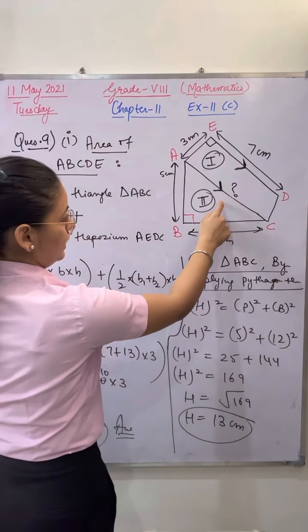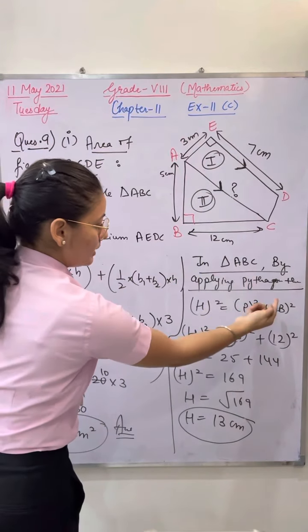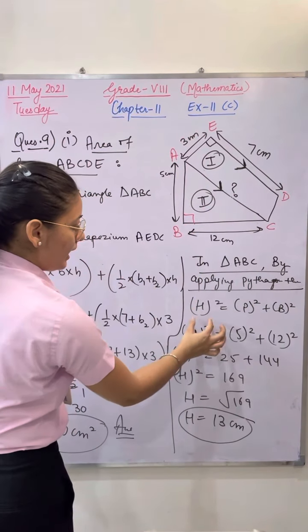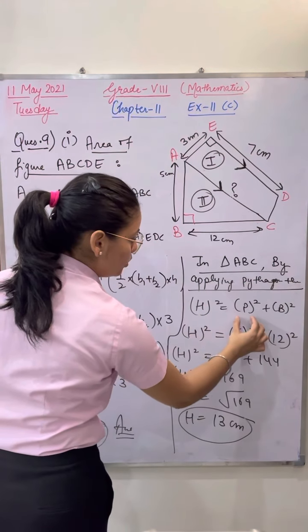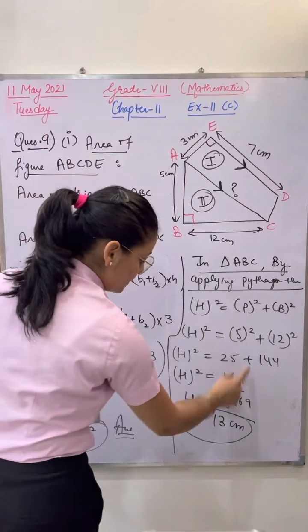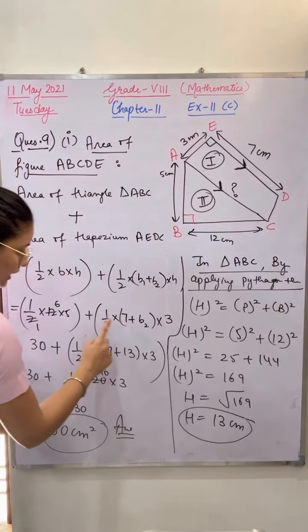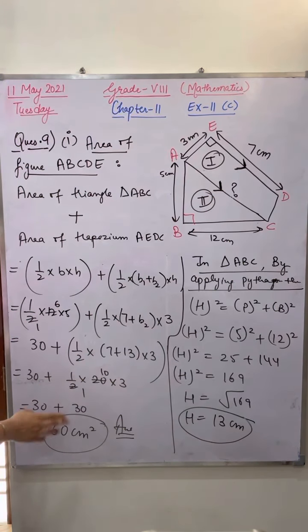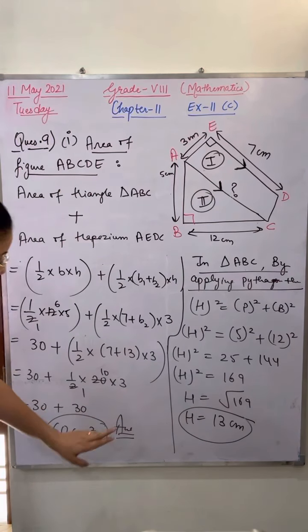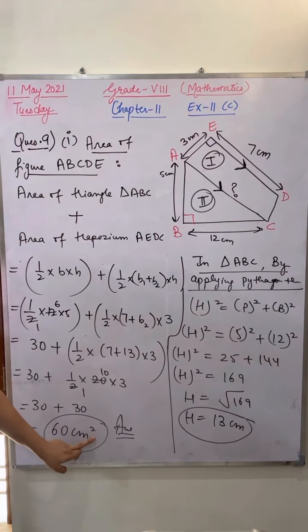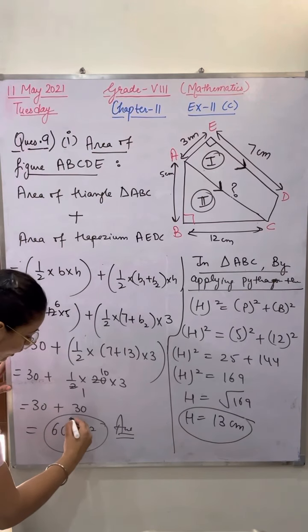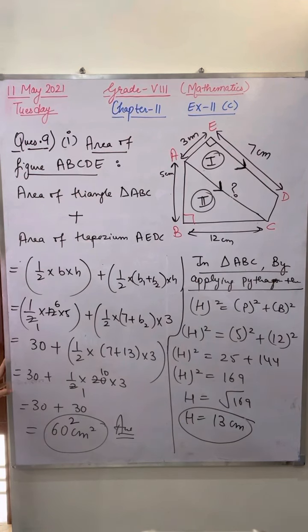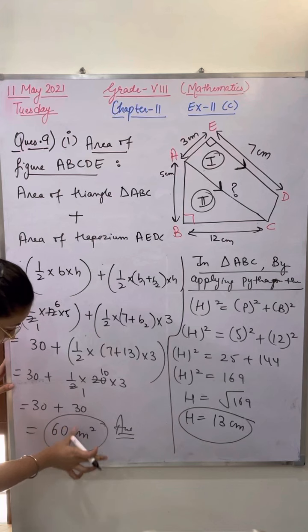Everything was given to us except b2. b2 was not given, so I have taken out this b2 with the Pythagoras theorem. b2 will be my hypotenuse, and hypotenuse square is equal to perpendicular square plus base square. Take out the value of hypotenuse, that is b2. Put the value, cancel the terms, take out the answer. Area will come in centimeter square. Some students write square in this way on the paper, 60 square. 60 square will not come. 60 will be as it is, centimeter square.